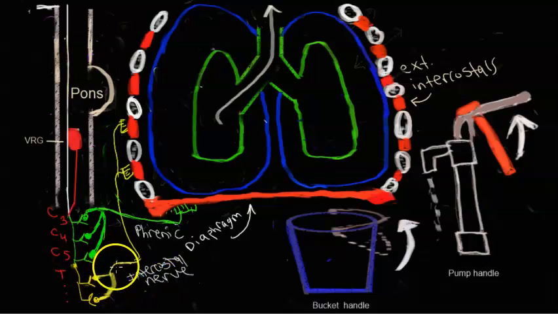So axons coming from here will give rise to the intercostal nerve, whereas axons coming from the right after you synapse here at the cervical vertebrae between C3 and C5 in the cervical region, the axons that come out will form the phrenic nerve. Okay,